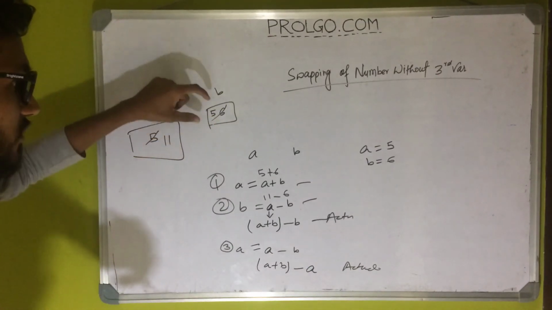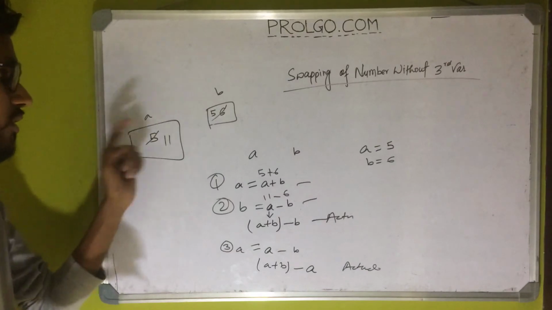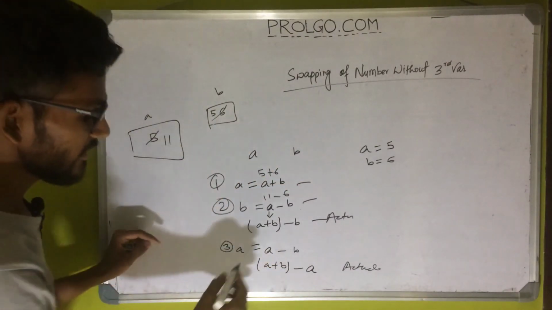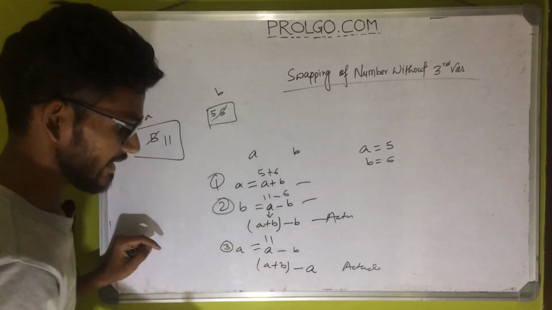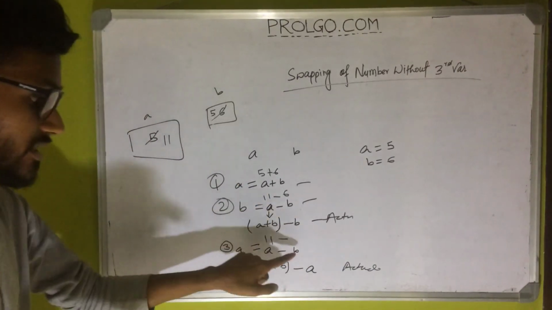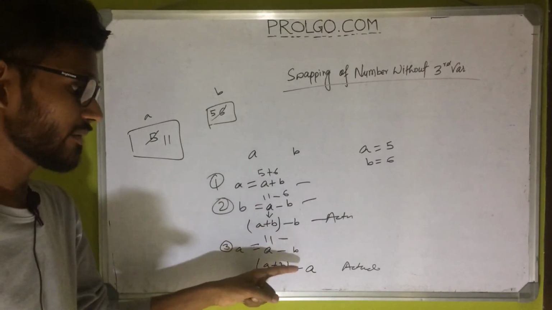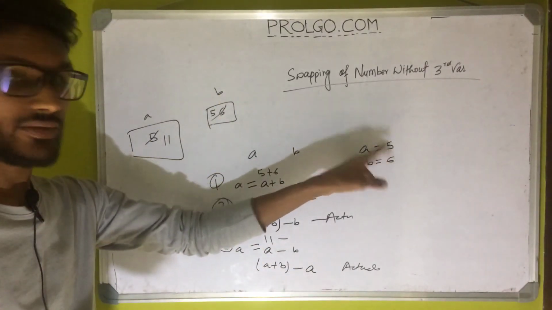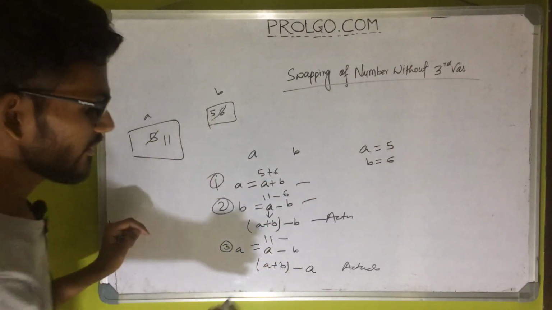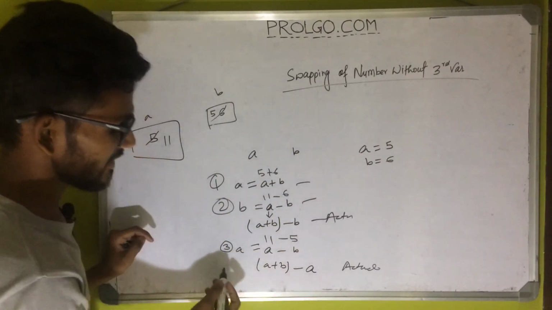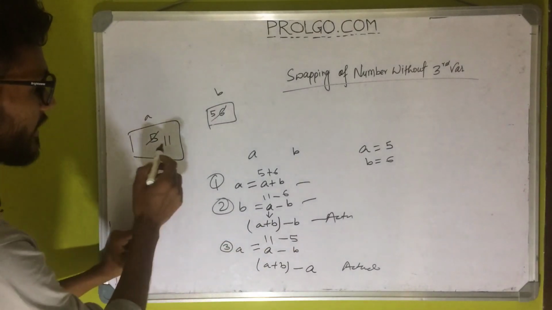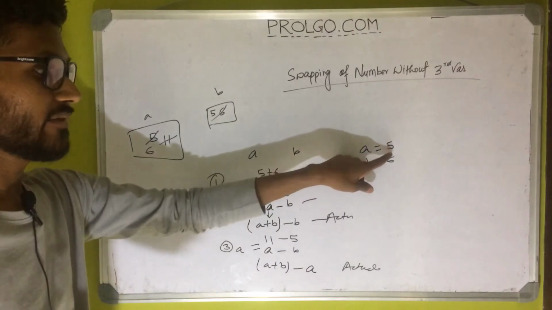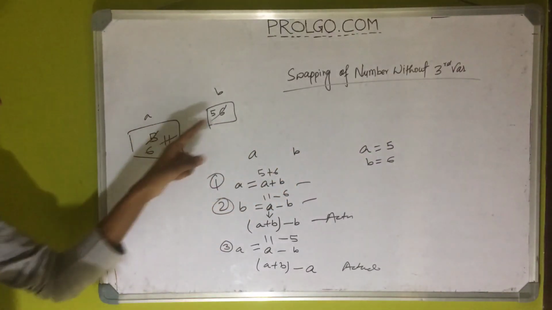So the value of b has been updated with the value of a. Now here we are doing a again. The value of a is 11 minus b. As of now, we are using b, but in fact it contains the value of a. So it will be 11 minus 5, which is 6, and now we are storing it inside a, so it will be 6. As you can see, initially it was 5 6, now it is 6 5.